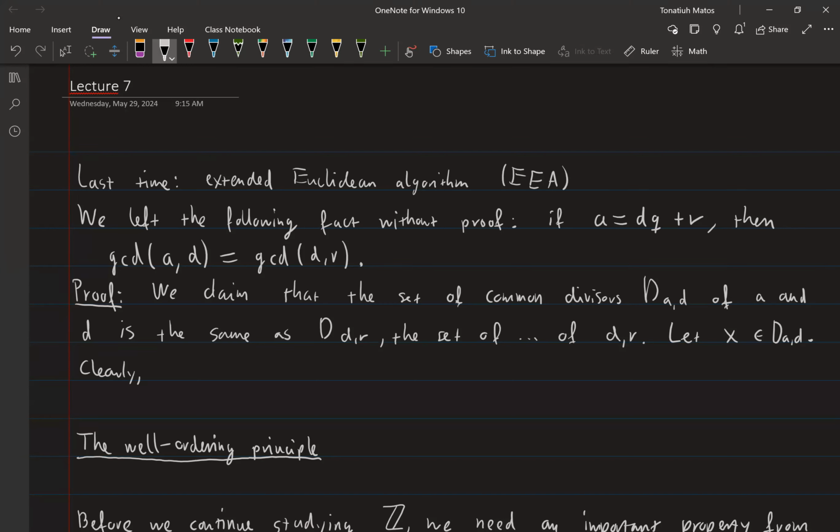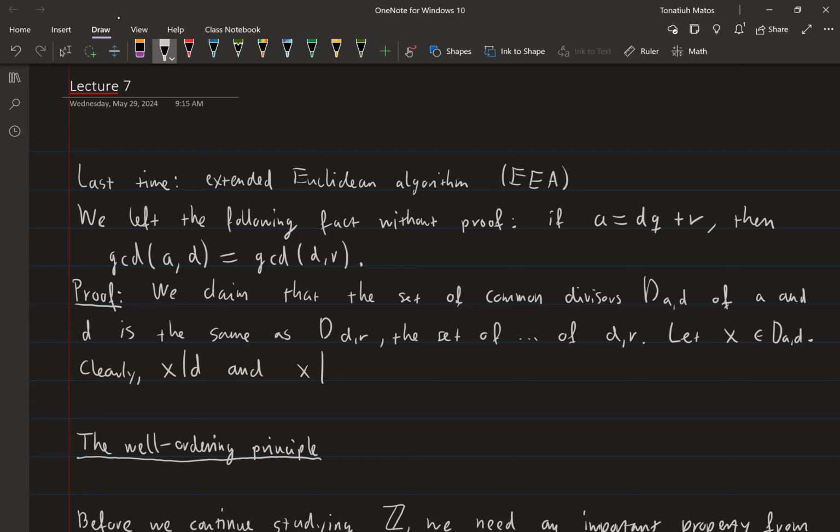Well, clearly X divides D because it is a common divisor, so the first half is done. Why should X divide R? And for this, you have to remember a very basic property that was covered in the tutorials, what I called, quote unquote, linearity. And this is quote unquote because I don't know if there's a better name for this. If you've taken linear algebra, this might seem familiar. I don't know if it's a very standard term, but that's the way that we're going to refer